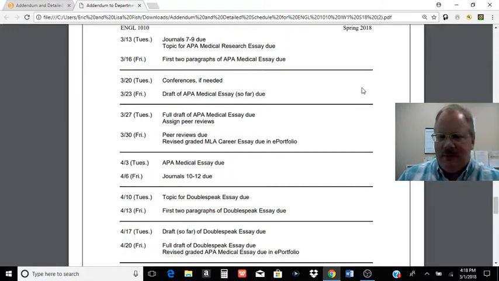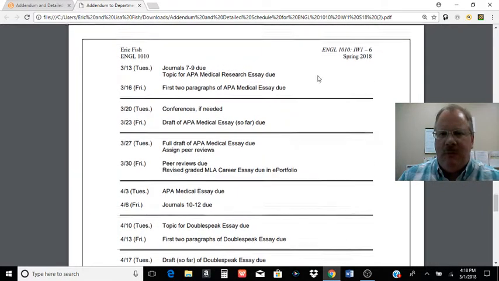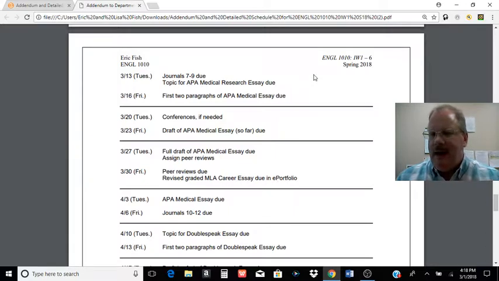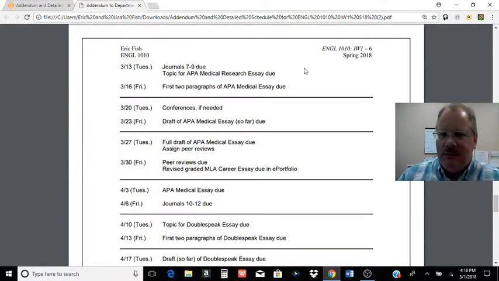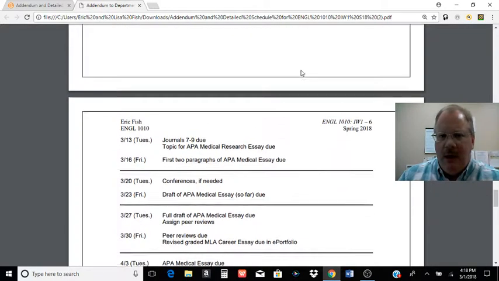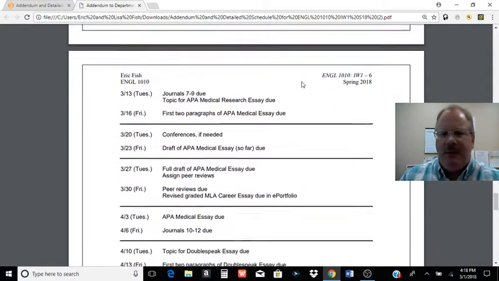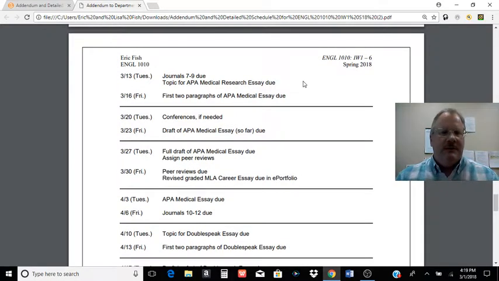One thing that's going to hold you up is I don't want to do the MindTap access until I have to. You get 2 weeks free. I want you to see if you like it, if you want to keep it or pay for it. It'll be up to you. We'll use it a little bit for the APA medical essay and for the journal entries. So I might open that up like Sunday or something, so we have a good full 2 weeks of access without having to worry about codes and all that kind of stuff. And of course, I'll do a video showing you how to access MindTap as well.